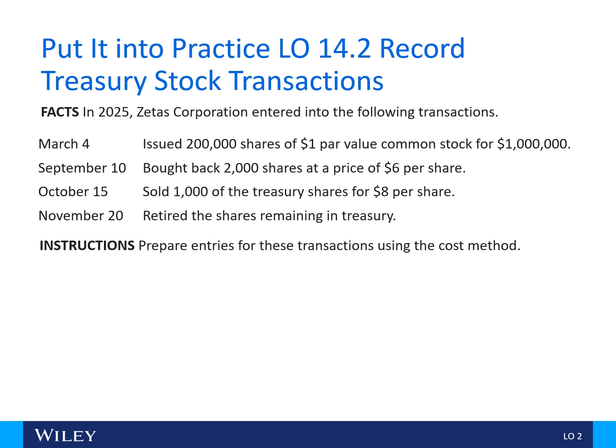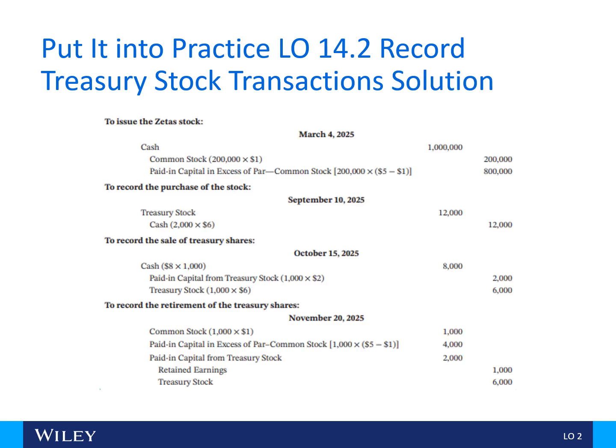October 15th, you sell 1,000 of those shares for $8. So you're going to have a $2,000 gain, if you will. Remember, you bought it at 6 and sold it at 8, so you have a $2,000 gain because $2 times 1,000 shares. And the remaining shares were retired. They retired the remaining shares of treasury stock, which was the additional 1,000 shares. And here is the list of all the different journal entries of how they look. Again, normally we don't deal too much with the retirement side, but the other items you are seeing here are pretty common things that you might find in homework, quizzes and exams.